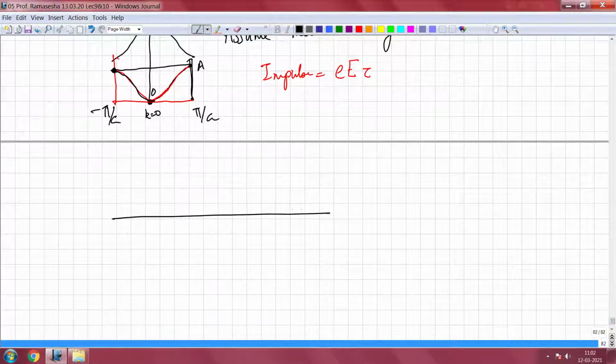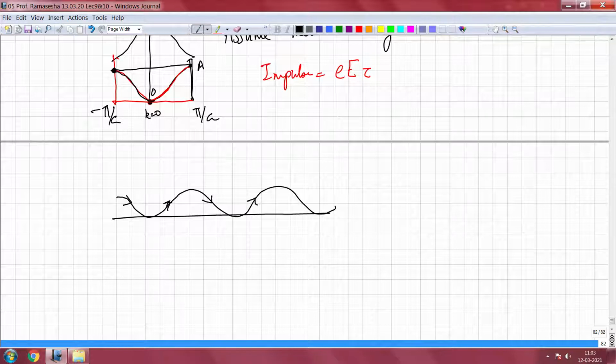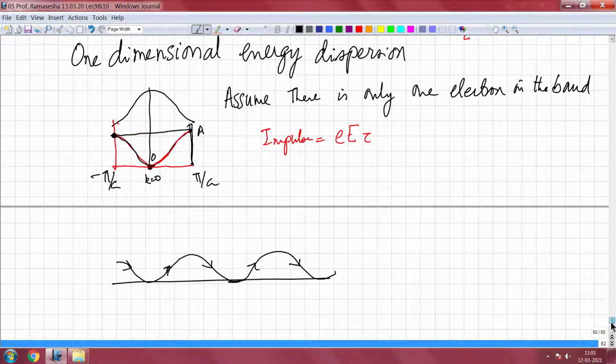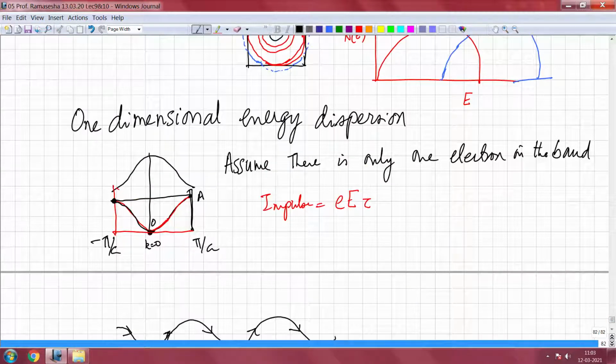The periodic zone, the first band is going to be like going like this. So the electron will start from here, go there, there, here, there, like that. So as long as the states are available, it will keep going there, and you have the change in momentum of the electron, and because of the change in momentum of the electron, the current increases, but the moment you go to the end of this, the zone edge, it gets reflected back and it starts moving again forwards from the new position in the K space.